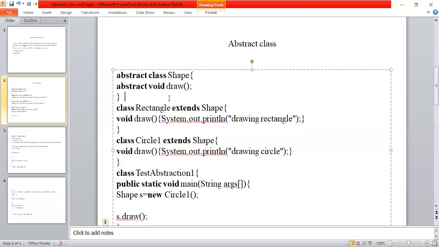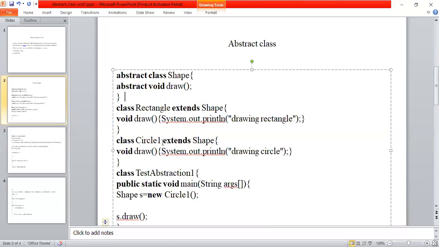That is the advantage of this abstract class, because it contains an abstract method, only the method name, without any body. That body we implement according to our decision or desire. So using the same method or same model draw, here I am drawing a rectangle.